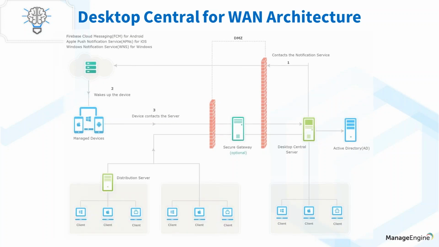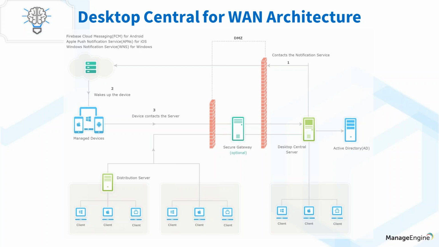When it comes to wide area network, you can manage different remote locations from one console. They can connect either over the internet or using a VPN or MPLS connection. For the machines that are present in a remote site, which are connected over a direct internet connection, you can use a component called Secure Gateway Server. A secure gateway is a server that bridges the agent traffic to the central server securely when they connect over